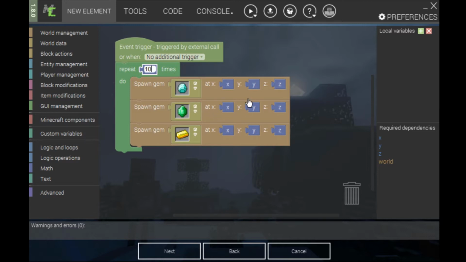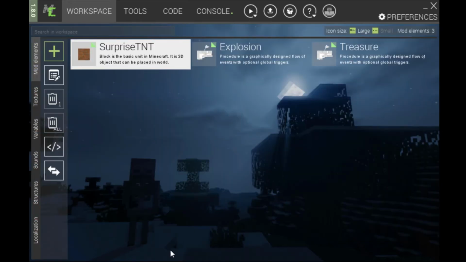Awesome. Now if we hit enter, we see 10 times, and now we're going to hit next. We're going to see our new procedure. Now let's create our second block. So we're going to create the surprise block, or surprise treasure,